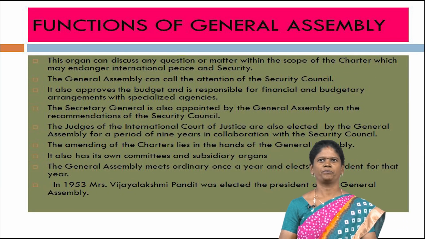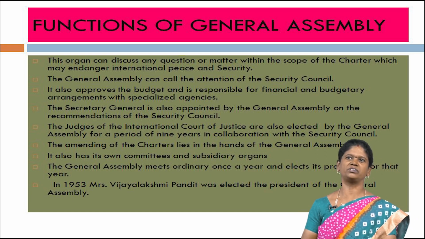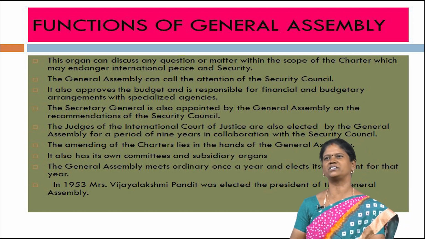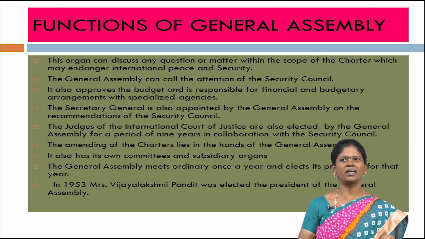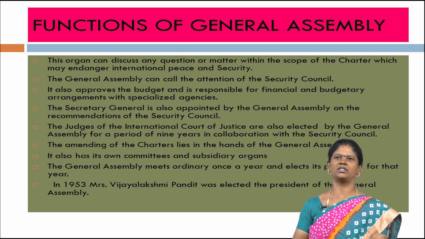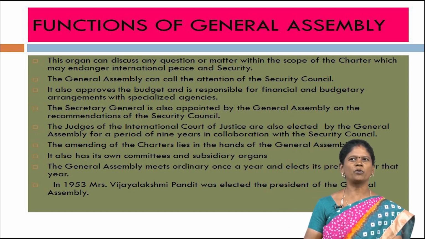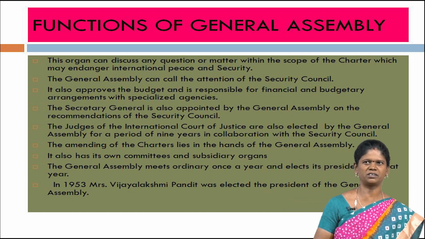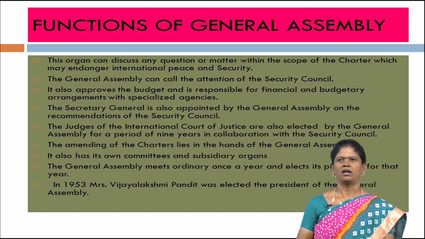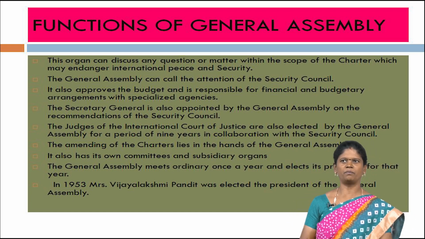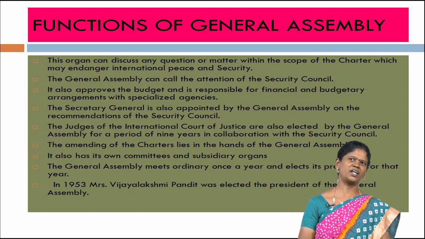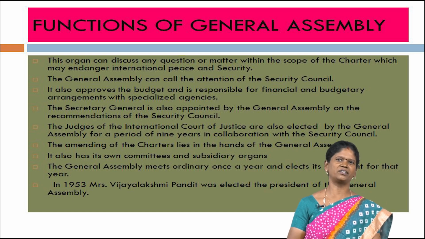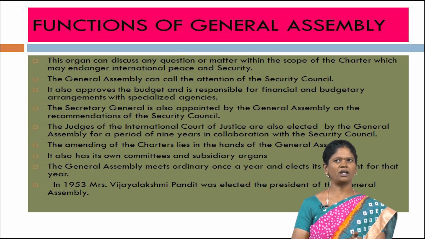Functions of the General Assembly: this organ can discuss any questions or matter within the scope of the Charter which may endanger international peace and security, and it can call the attention of the Security Council. It also approves the budget and is responsible for financial and budgetary arrangements with specialized agencies. The Secretary General is also appointed by the General Assembly on the recommendation of the Security Council. The judges of the International Court of Justice are also elected by the General Assembly